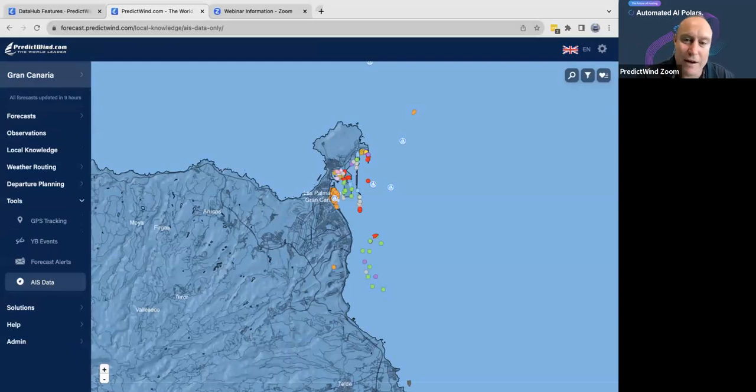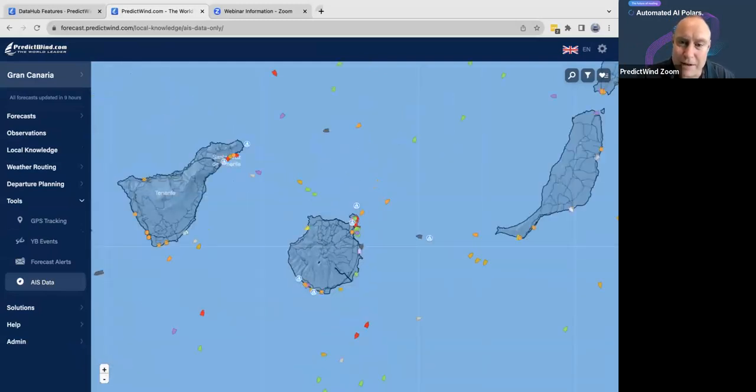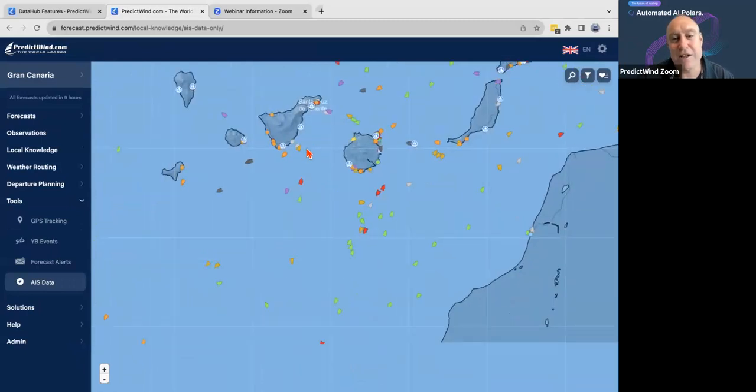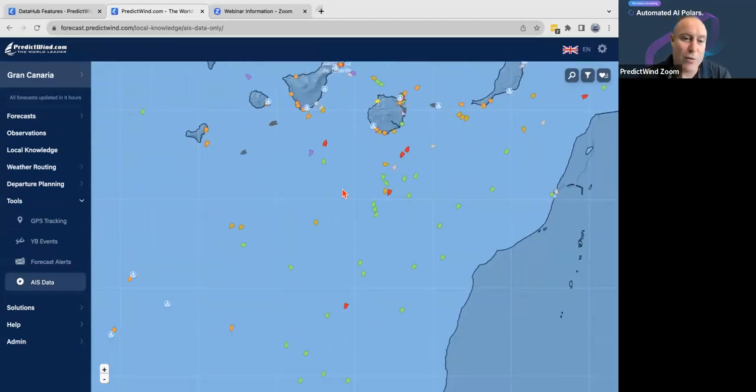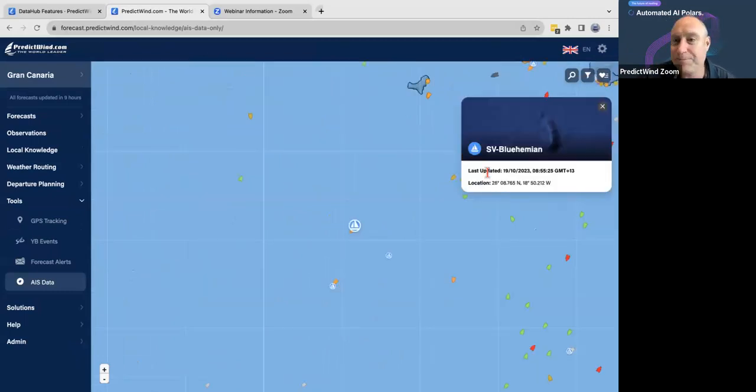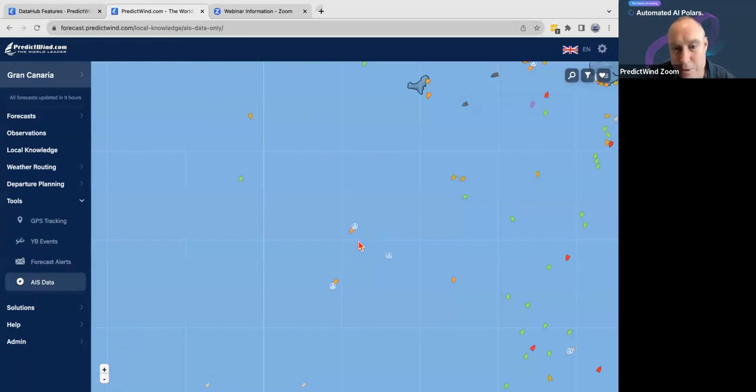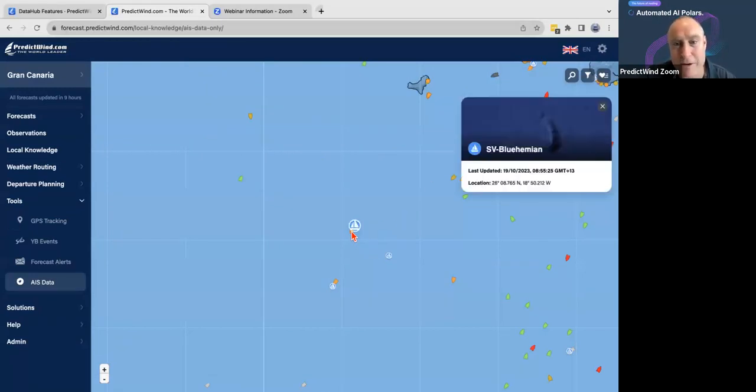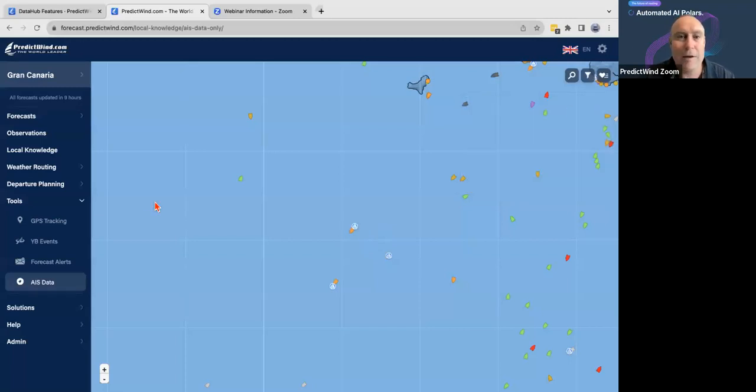So if you have an upgraded account, you can actually see all the traffic out on the water, and you'll see these boats here with the little sail icons. They're actually boats that are tracking with PredictWind, but we'll see this one here. We can also see he's on AIS. So if I click on him, we can see where he is, and we would also be able to see him on the AIS. Okay, so I will stop sharing the screen,